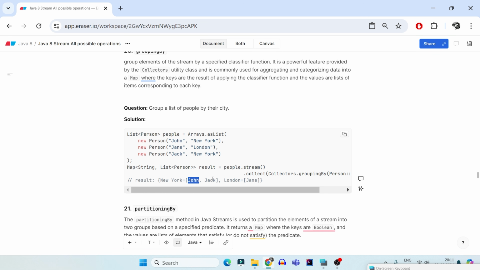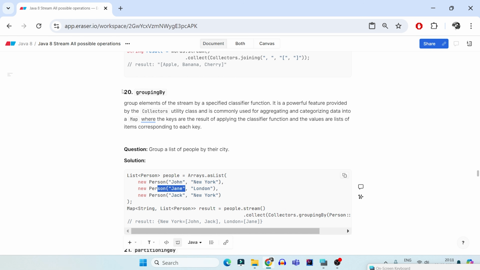You can see here Jack and John are not just names, these are whole Person objects. So your key becomes New York, but your value becomes the list of two persons, John and Jack. Here London comes as a key and the value becomes Jane as a complete object. So that is how you can group by. You're working on a list as a collection, and you can group all of those list values into key value pairs like this.